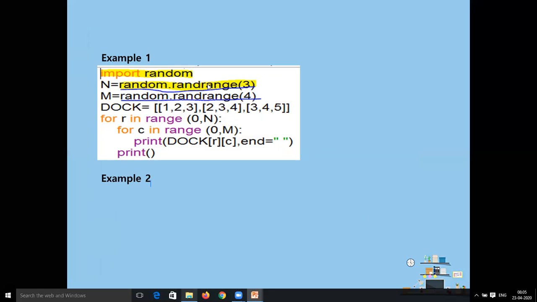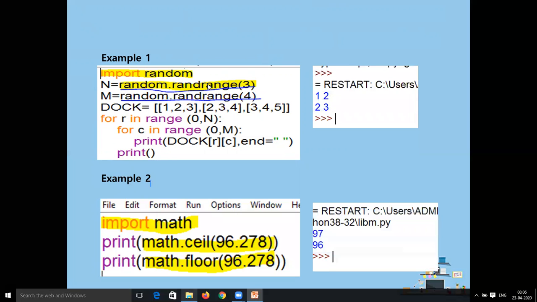The way of calling is random.randrange, so first is the name of the module and second is the name of the function. Similarly, in the second underlined statement we can see random.randrange(4). So when we import a module using import name of the module, we call the function inside that module with the name of the module dot the name of the function.